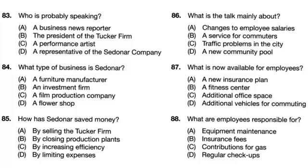Questions 86 through 88 refer to the following talk. Please help us make our ride-sharing program a success. The recent acquisition of 5 additional vans has made it possible for us to expand this program to 3 new neighborhoods in the city. This complements the existing groups who've been traveling to our office's West End location for the last several months. Employees who live in these areas and are interested in joining a carpooling group should contact the